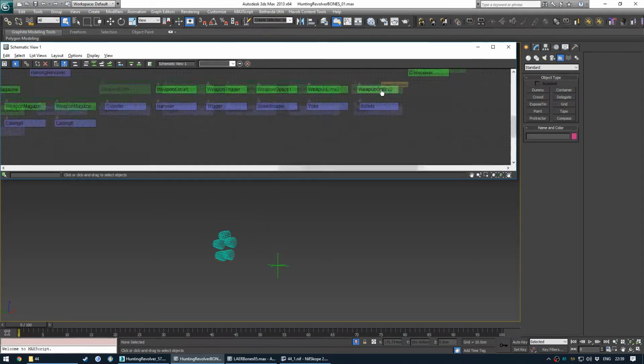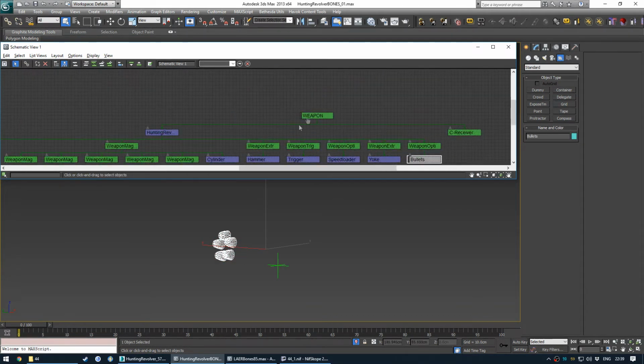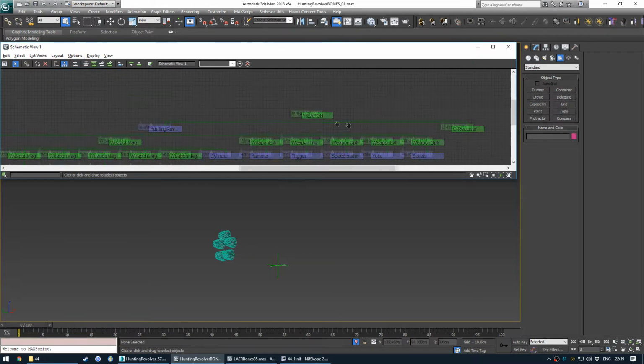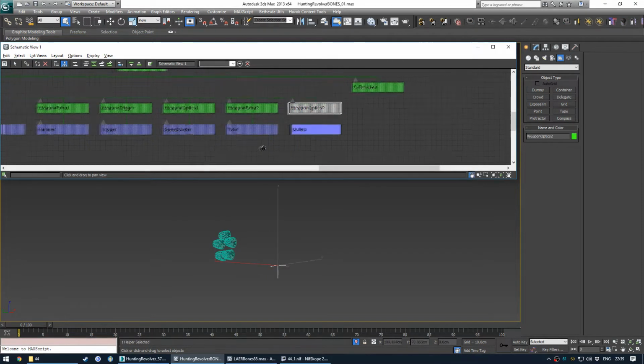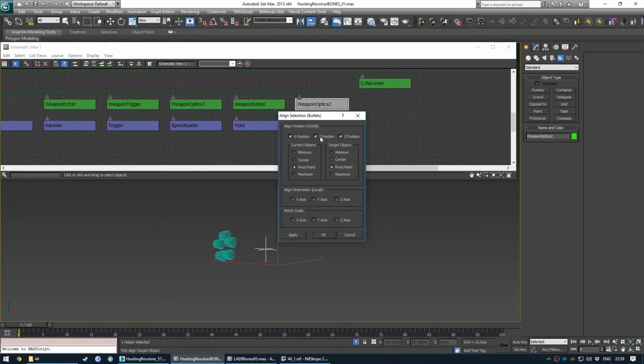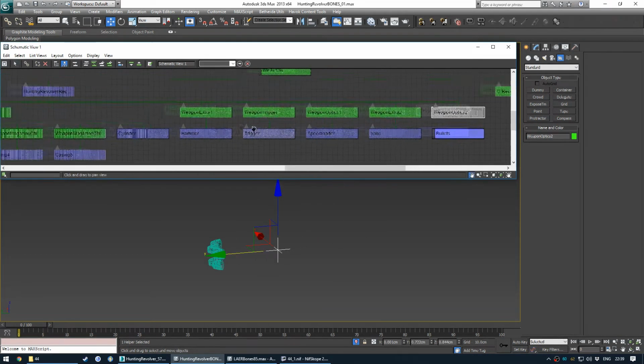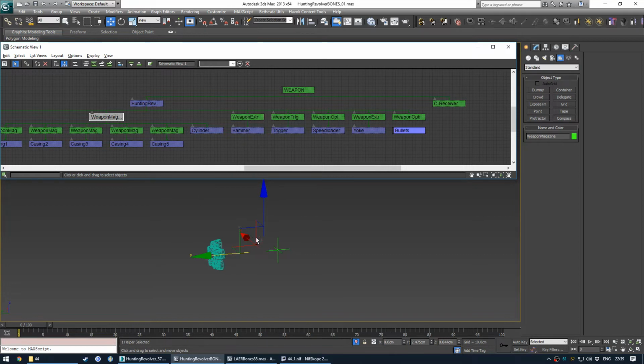To actually avoid that, if you want to unlink something, you don't want it to go flying off back to the origin, just move it a little bit. That brings up the blank, and then we can unlink and it'll stay roughly where it is. I'm going to align this but not make it go any further in the Y. So hopefully, if I then select weapon magazine, okay, we're going to need to align that with weapon magazine, so